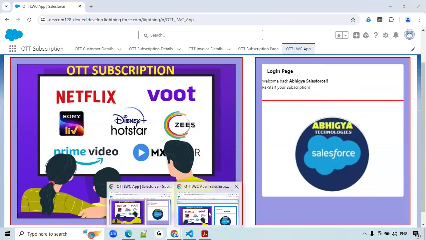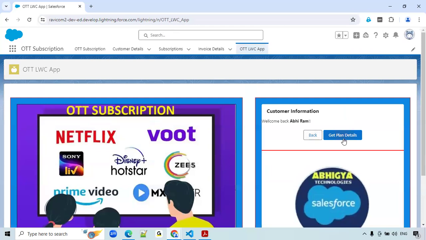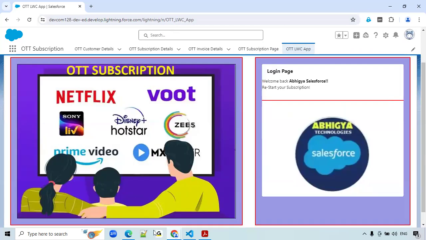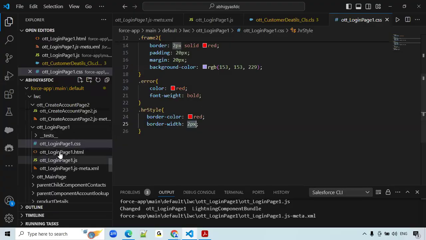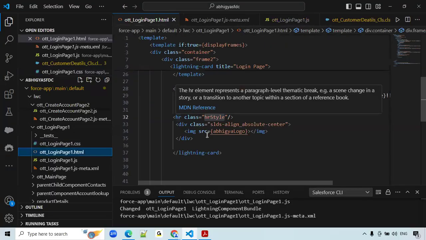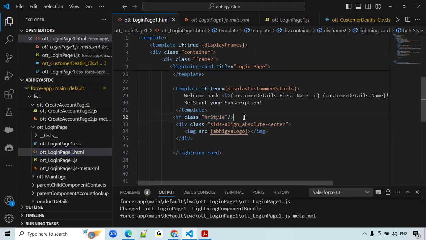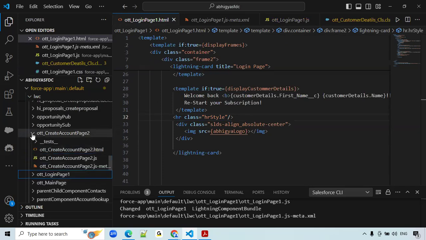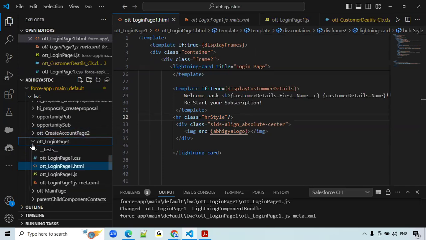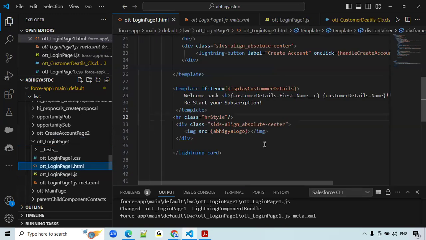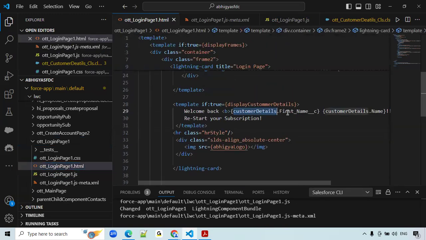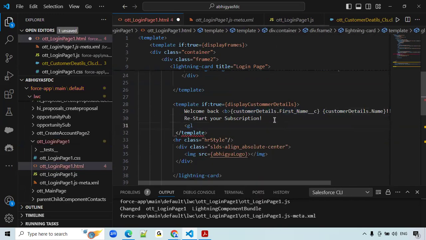Next, we have to develop the back and get plan details buttons. Now we have implemented the horizontal line, for which purpose we wrote this tag. Next we have to write the back button. Where do we want this button, on page 2, or here on the same page 1 only? On page 1, we are displaying these details, customer first name. After this, we are writing